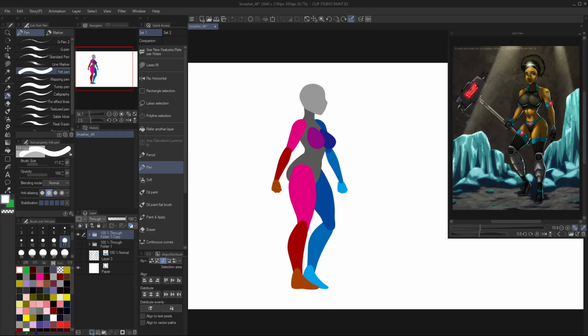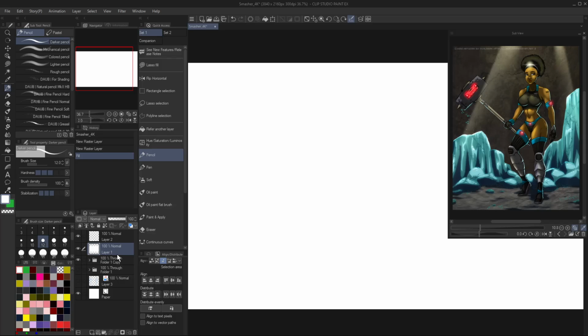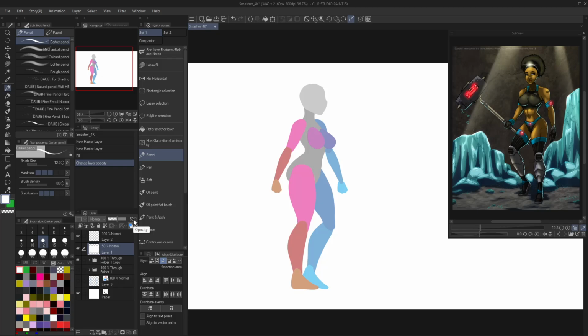So the first thing I do is I leave that folder closed, and I'm going to make a new layer here and pick a drawing tool. Doesn't really matter what drawing tool you use, because this is going to be rough and sloppy. Actually, what I'm going to do is I'm going to make a second layer and fill this one with white. And the reason for that is so I can create a sort of fade effect. That way I can still see the figure